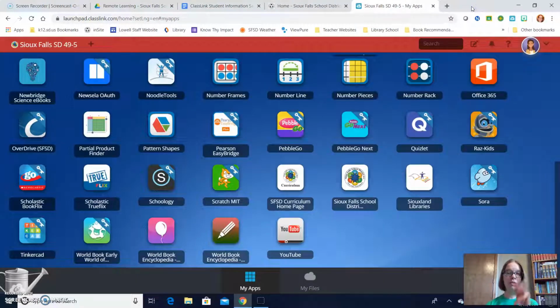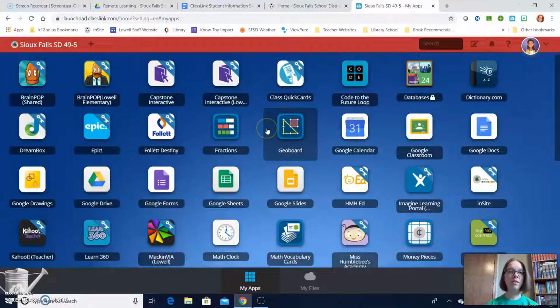The third thing that I wanted to talk to you about today is Capstone Interactive. Because I'm a teacher, I have 2 purple ones. I believe you're only going to have the 1 purple book. Make sure it just says Capstone Interactive. If you have 2, this one says Capstone Interactive Lowell. Those are the ones that we have purchased for our school, but Capstone is being very generous in letting us use all